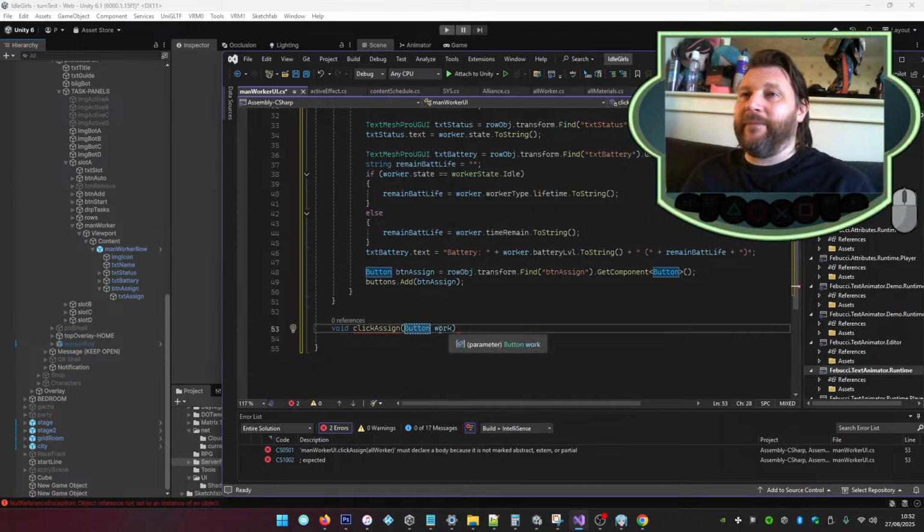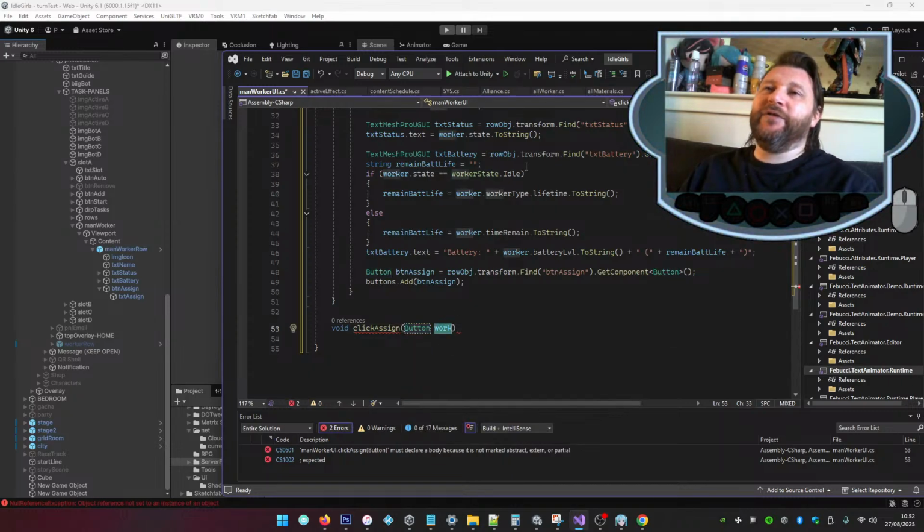There we go. Then we can accept the button back. So we can grab the index. But then we don't have a... Yeah, what are we going to do with an index? I suppose we need both then, don't we? Maybe we do need a list of workers. Like, maybe there are ways of doing it without. Because what you could do is you could take the index of the button and then you could use the index of the button to get the child index from the player root transform. However,